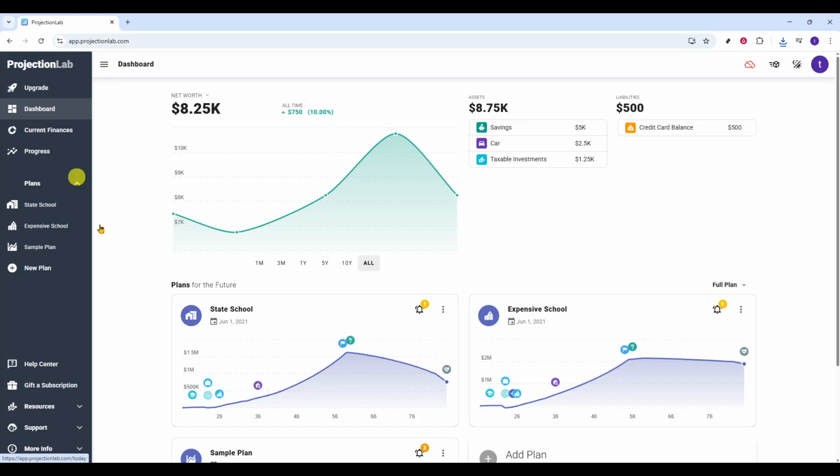Hello, today we will guide you through how to export data in ProjectionLab. In this walkthrough, we'll take you from opening the app to downloading a clean export of your data so you can back it up, analyze it elsewhere, or share a snapshot of your plan. I'll point out what to look for on each screen and include a few tips to keep your data organized